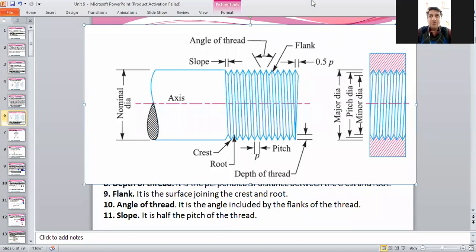That is nothing but it is going to rotate about its own axis, but the distance by means of which it is rotating, that much distance is not traveled axially. Am I right? If it rotates by one revolution, then the distance which may be traveled may not be equal to the distance between two threads. Okay, I will repeat it once again.